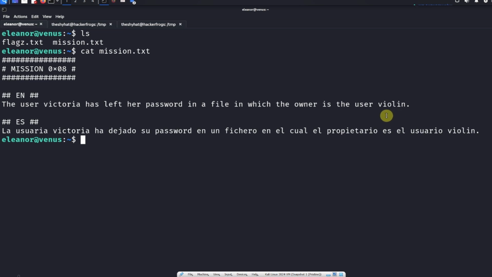Interesting. So this continues our find fest, where we need to use the find command to locate the file that has the password for the next level. Okay, so in this case, we're going to use the find command on the entire file system here, and then we're going to specify a user, and the user for this file is the user violin,